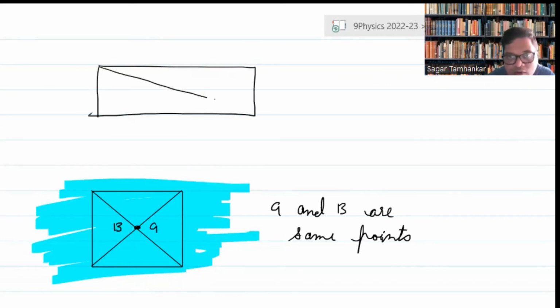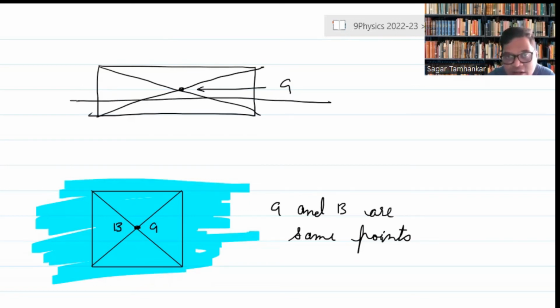So there will be quite a few numericals which will be based on this, where the diagonals meet, that will be the center of gravity. So that is given by the letter G, and depending upon what portion of the body is under liquid. So say for example, only this much is under liquid. Okay. So you imagine this to be another rectangle and you draw the diagonals of that rectangle, and where the diagonals intersect, that will be the center of buoyancy. Okay, you will notice that whenever you